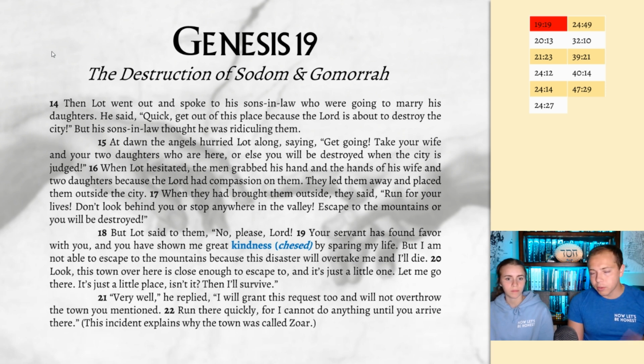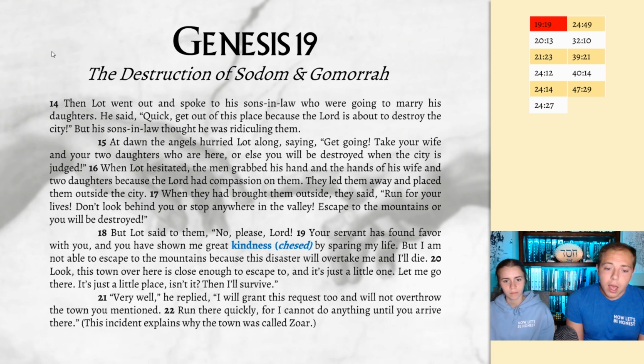I mean, he goes to his sons-in-law, and he doesn't really convey this in a manner that they take seriously. And then even whenever these angels are coming to him, he's hesitating, right? So the men literally have to grab Lot and the hands of the wife and the daughters because the Lord had compassion on them, right? So they're like, okay, y'all aren't doing your job. So they literally have to grab onto them and drag them out of the city. Yeah. Not because they deserve it, but because God is being gracious to them and is having compassion on them,